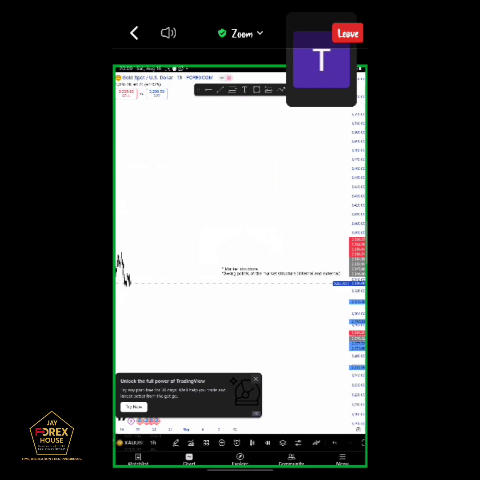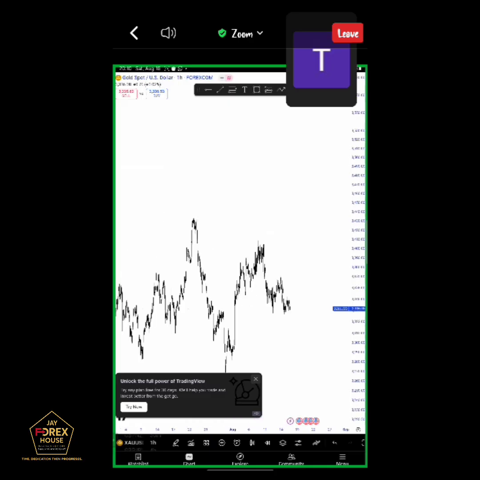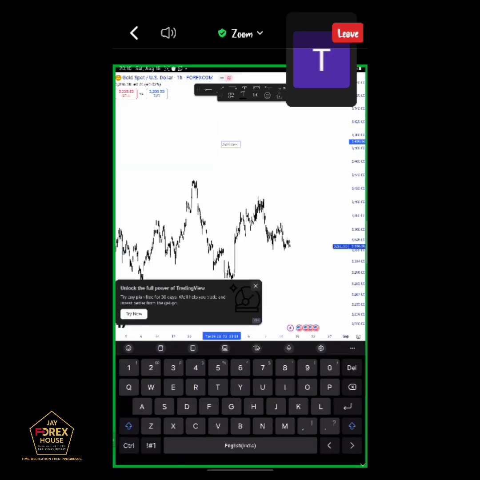Show me your chart, then show me what you identify as market structure on the chart. Clear all those things first. Okay, don't clean up. Sharp. Now as you see the chart like this now,